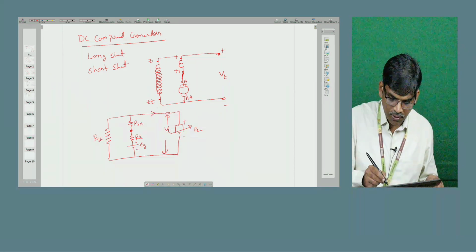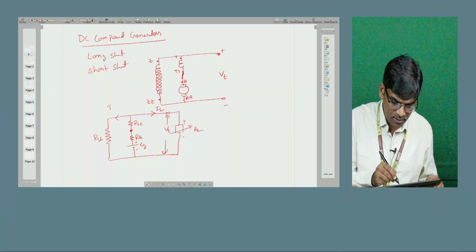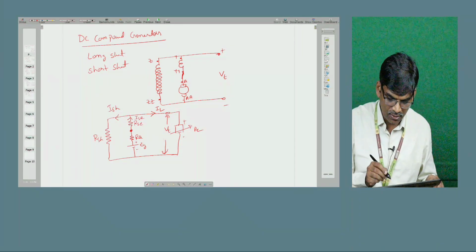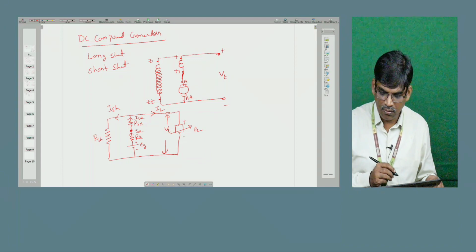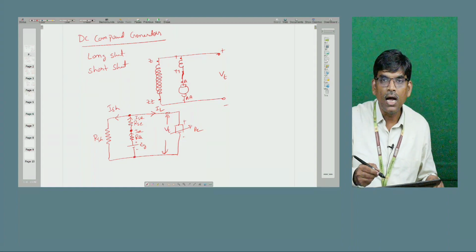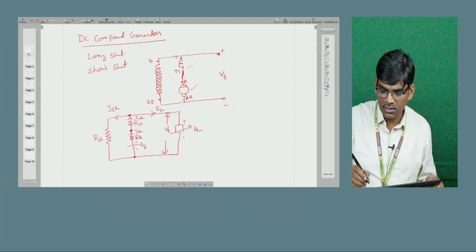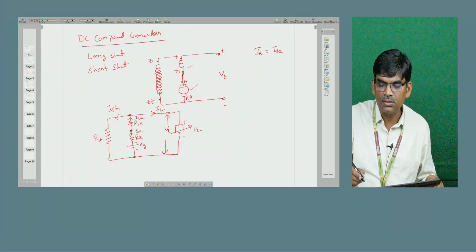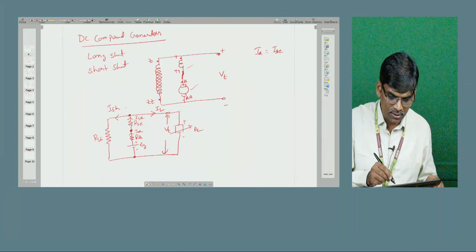The current passing through the load is called the load current. The shunt field winding carries some current called ISH, the series field winding carries some current called ISC, and the armature winding carries the armature current. In long shunt compound generators, the series field winding and armature winding are connected in series in this entire branch. So the series field current and armature current are the same. In a long shunt generator, IA is equal to ISC,